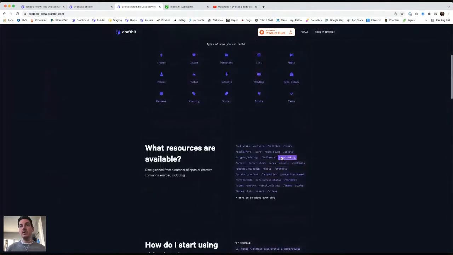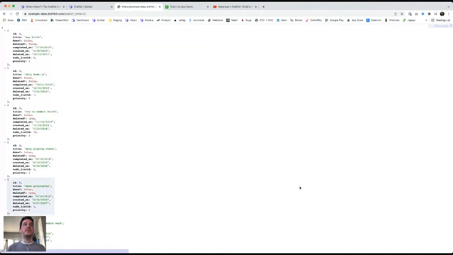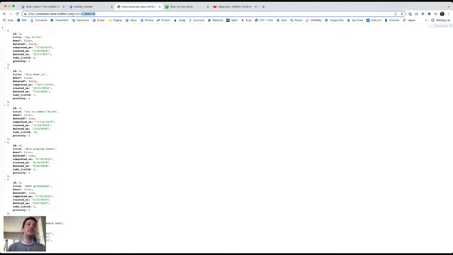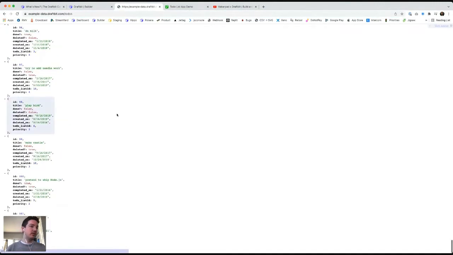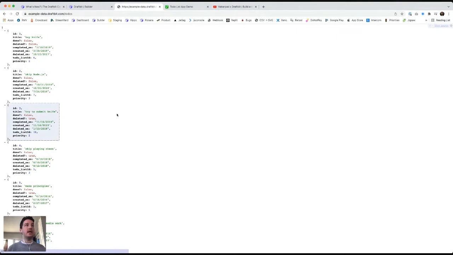And so today we're going to use this one, to-dos. So this is just a simple endpoint. You see there's already a limit of 10, but you can remove that and have all of it. So it returns about 100 to-do items. And it's just an ID, a title, like the name of your task, and then a couple of booleans to know, is it done, is it deleted, when was it done, when was it deleted, when was it created,